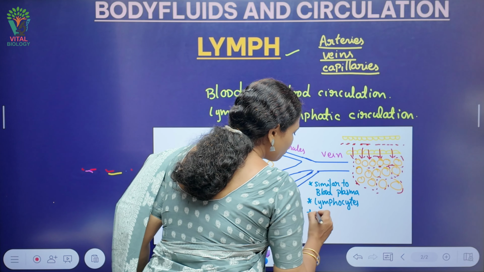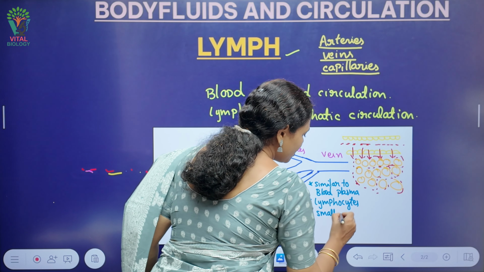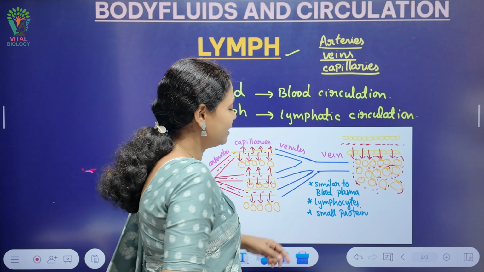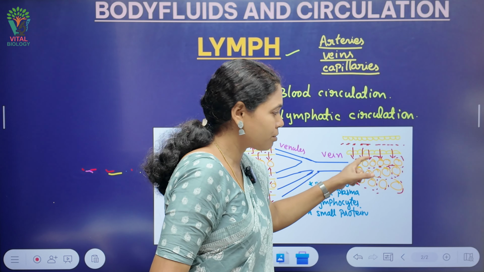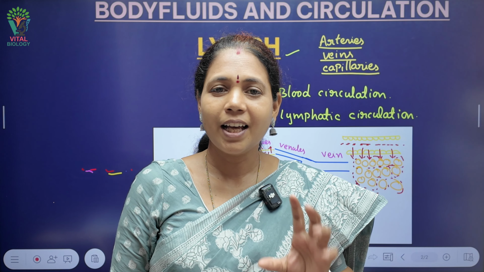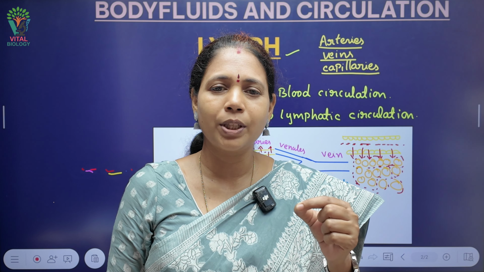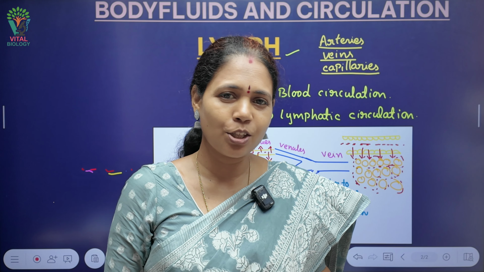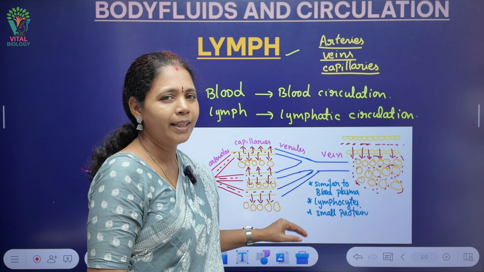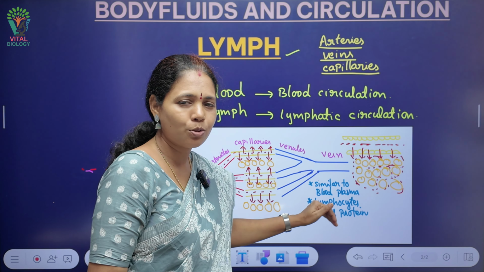It consists of small proteins. Why did we say the small proteins, why not the larger ones? Because when the fluid escapes from the walls of the capillaries, only the smaller proteins can escape. The larger ones cannot escape through the gaps of these capillaries. So only the smaller substances can escape from the blood and reach these